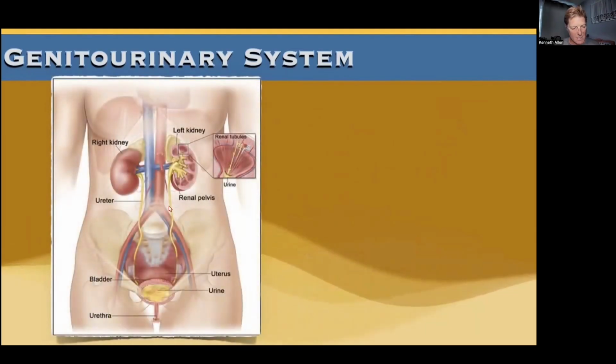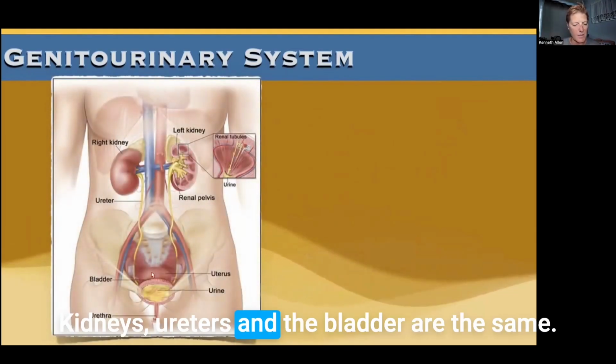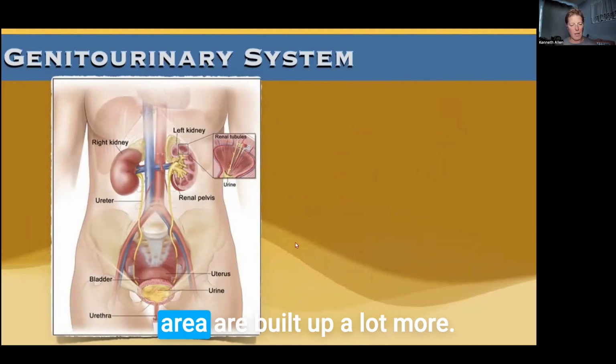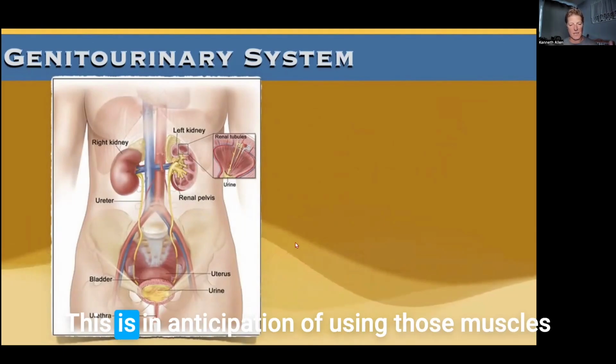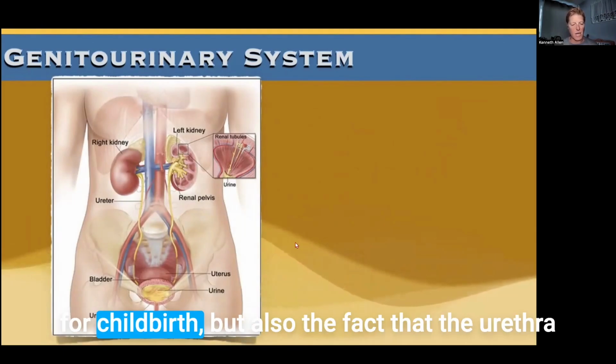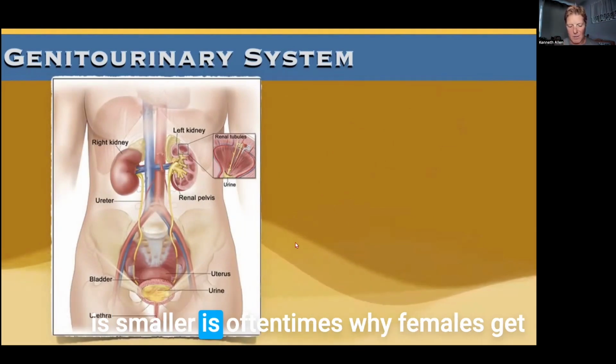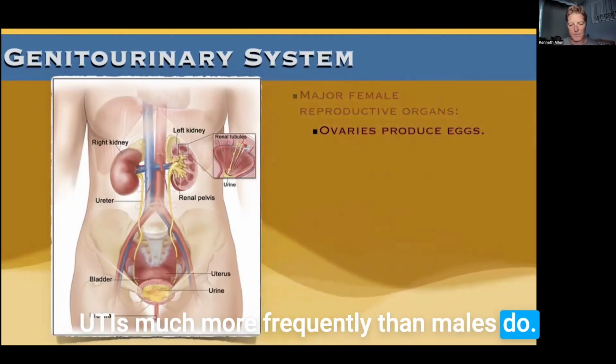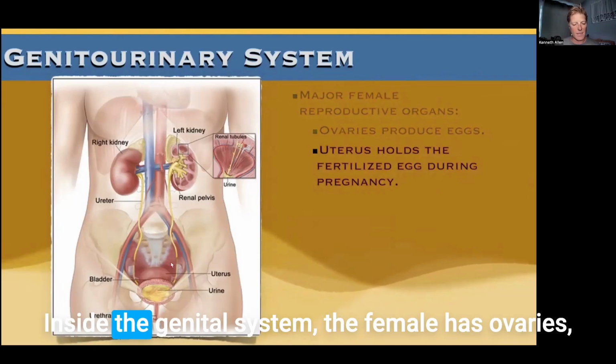For females, kidneys, ureters, and the bladder are the same. However, the urethra is much smaller. The muscles around that area are built up a lot more. This is in anticipation of using those muscles for childbirth. But also the fact that the urethra is smaller is oftentimes why females get UTIs much more frequently than males do. Inside the genital system, the female has ovaries,